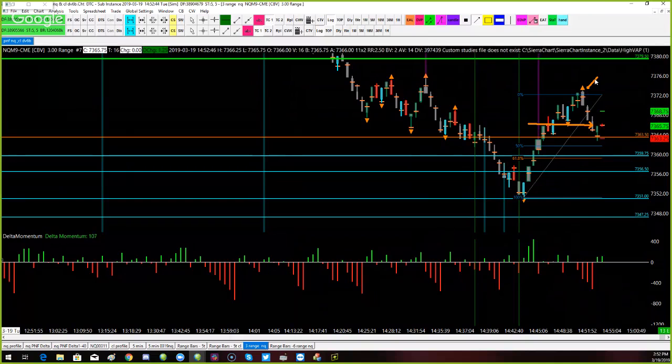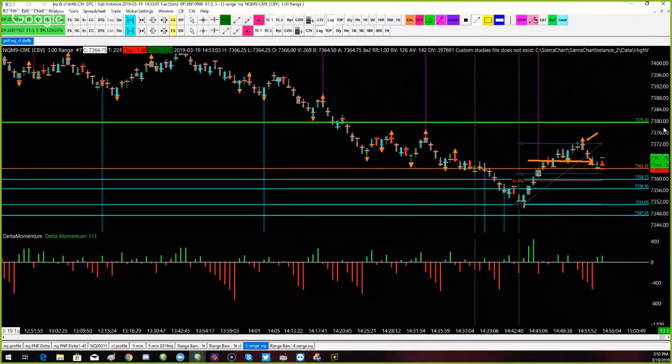We followed process exactly step by step. We found a good entry. We got a decent scale. Didn't quite make it to the target that I thought it would make it to, and I was able to get my trailers off risk-free. And had this been a larger size or in the middle of the day, the way I would have